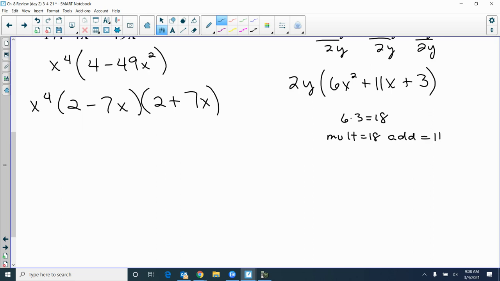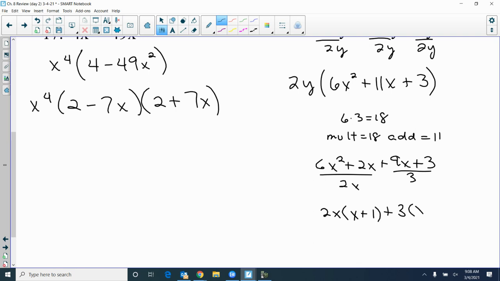Those two numbers would be 2 and 9. So I got 6x squared, and I'm going to go ahead and put 2x first. Now, I get a 2x here, I get a 3 here, and I get 2x times x plus 1 plus